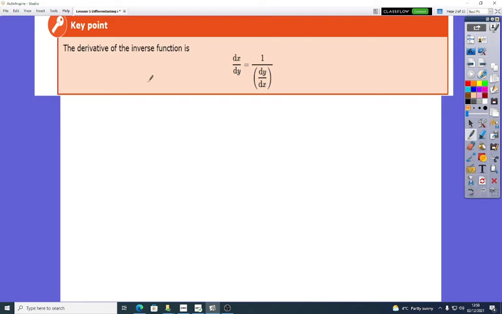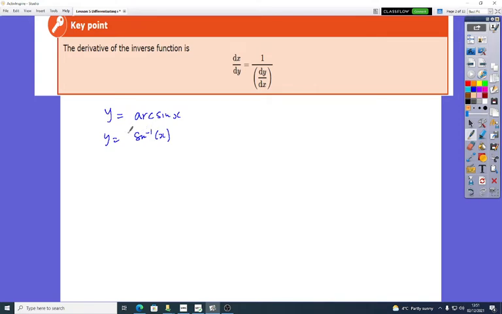Okay, we can also use this rule to prove how to differentiate an inverse function. So let's have a look at, let's say we've got y equals arc sine x. Now that's the same as y equals sine inverse of x. Now if I want to differentiate that, it's difficult at the moment, so what I'm going to do is the